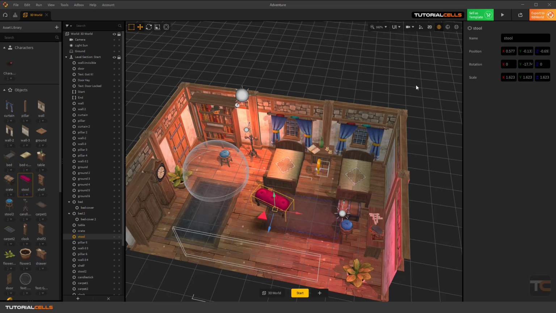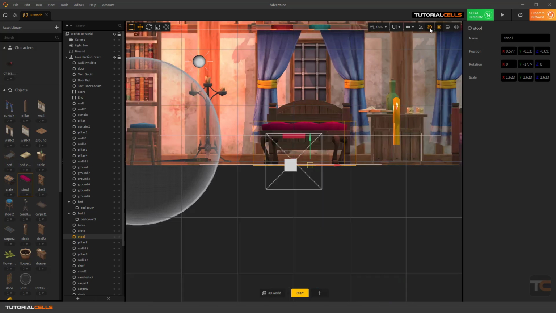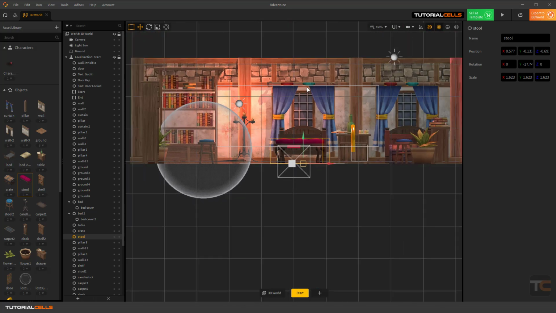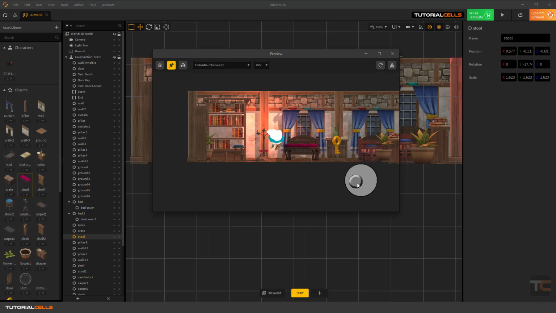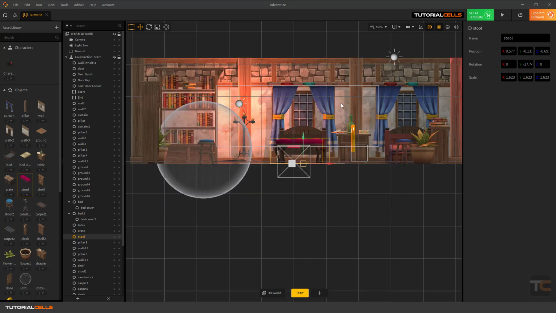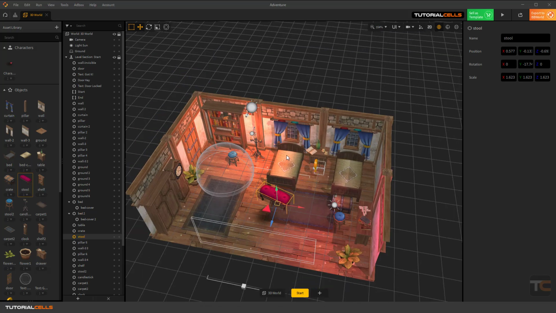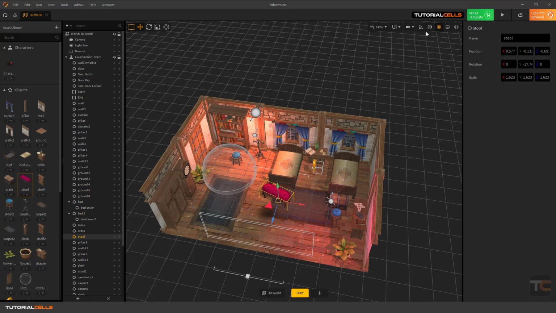If you want to make the game completely 2D, you can turn on the 2D. Now it's completely a 2D game. Play. But you have some changes. Now you can see the game is completely 2D, but you have to change your character movement. Be careful, just this button does not change your game completely